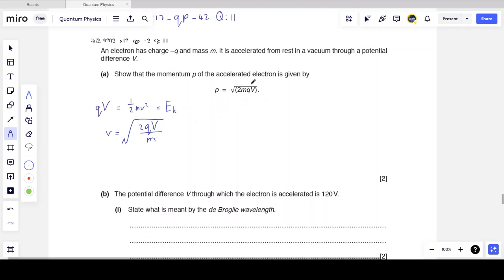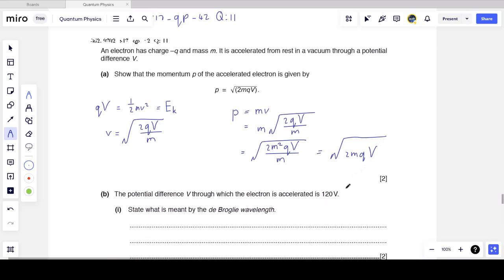Well, that in itself doesn't look anything like what I'm asked to prove, but I also know that the definition of momentum is mass times velocity, m times v. And so I can write this as m multiplied by my new expression, the square root of 2qV over m. And I can make this a lot neater. I can take the m into the square root sign by writing it as m squared. Square root of m squared is simply m. So I can bring everything inside the square root sign, and I can write this as the square root of 2m squared qV over m, which lo and behold gives me the expression I've been asked to find, the square root of